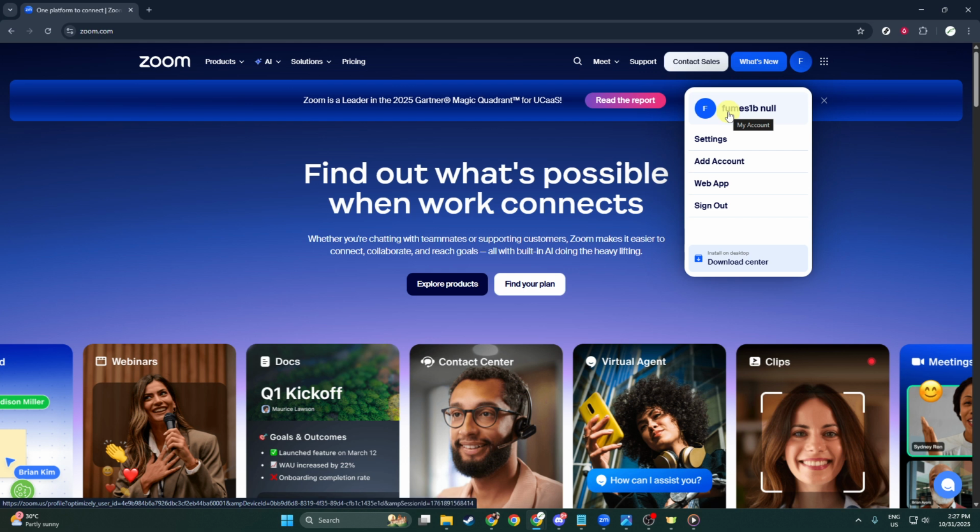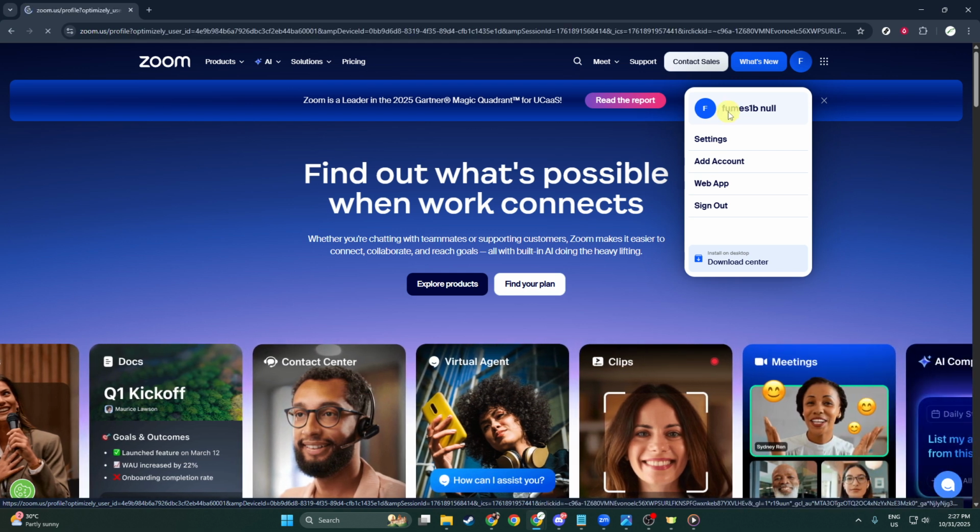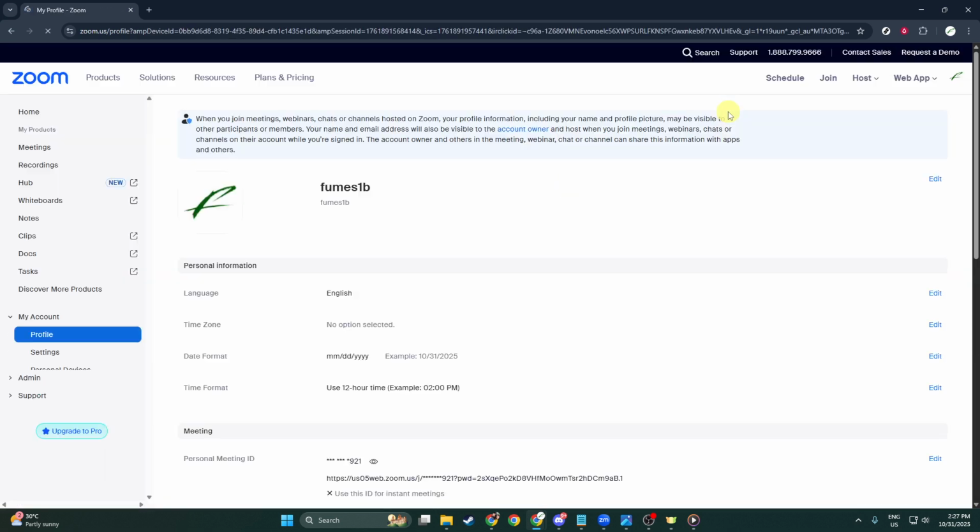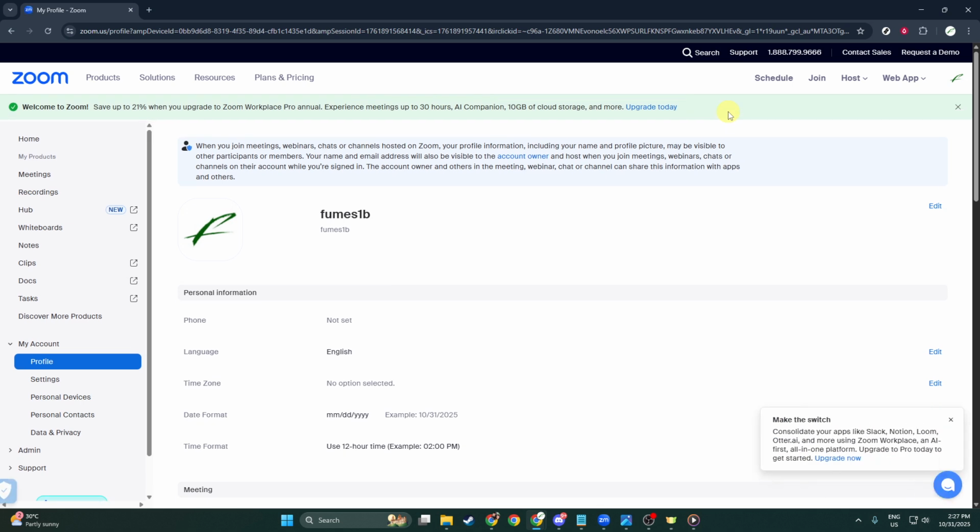Next, from the drop-down menu, click on your name. Doing this takes you to your account settings, where you can manage all sorts of configurations and preferences related to your Zoom activities. Once there, scan the options available and look for something labeled Web App. Click on it. This will guide you toward the section of settings that allows you to manage meetings and how